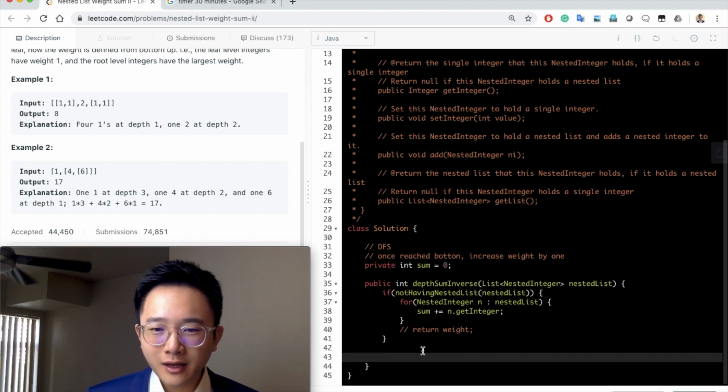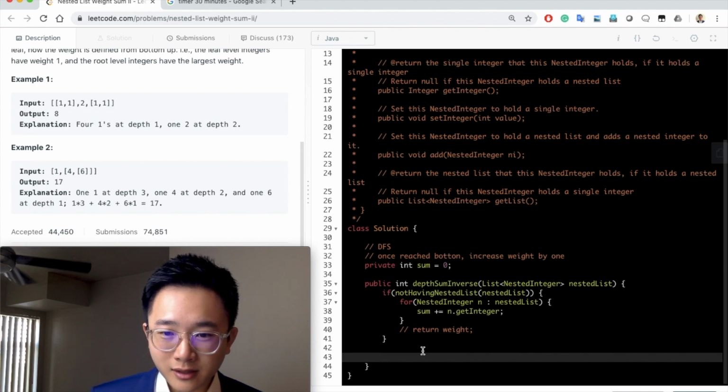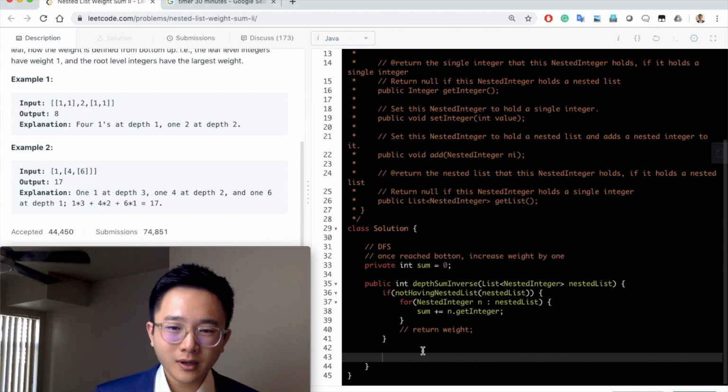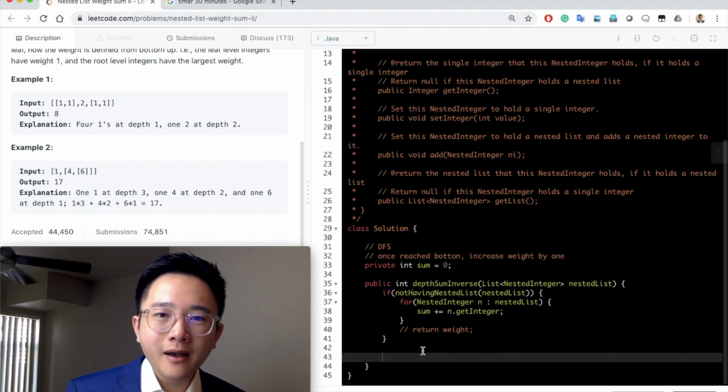Okay, so if not having a nested list, then we will add the integers up, and then the next step would be, so next step would be, now with this array having